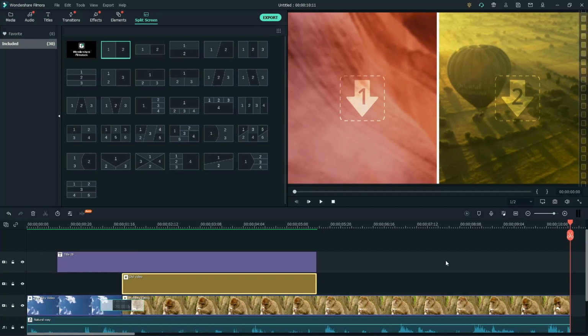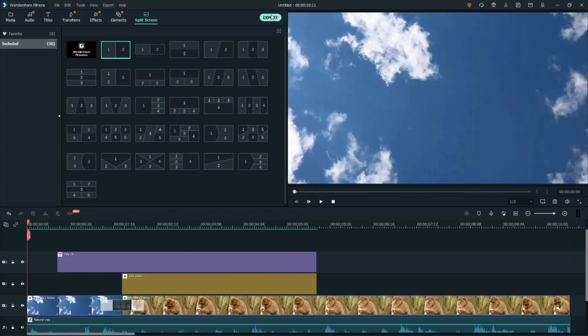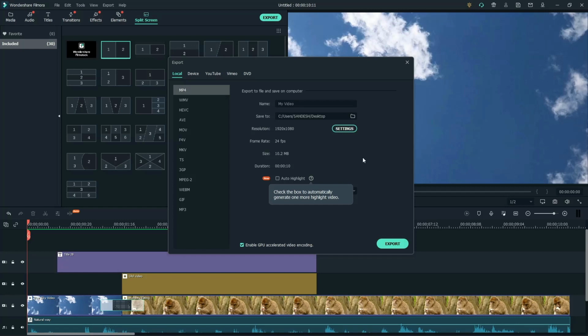Once everything is done, and if you think you are ready to export your project, then click on export button. New window will pop up with so many export options. You can choose the output format,